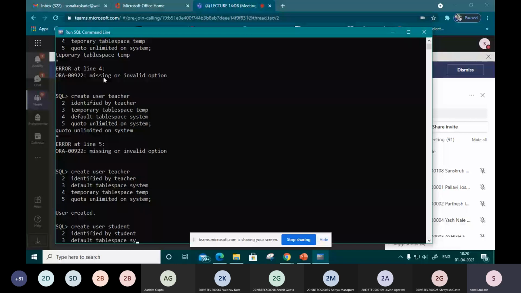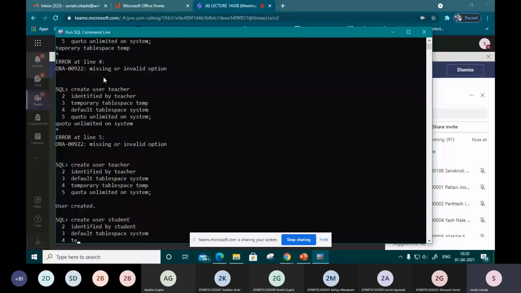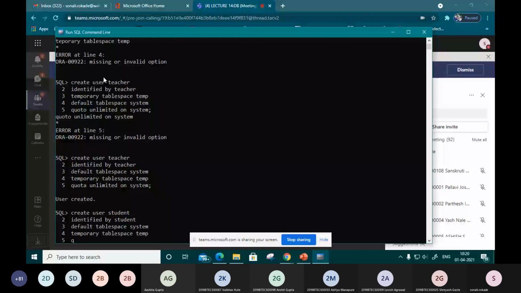We are creating temporary tablespace with the temp object. We are providing quota that is unlimited on the same system. So in this way we can create two users.